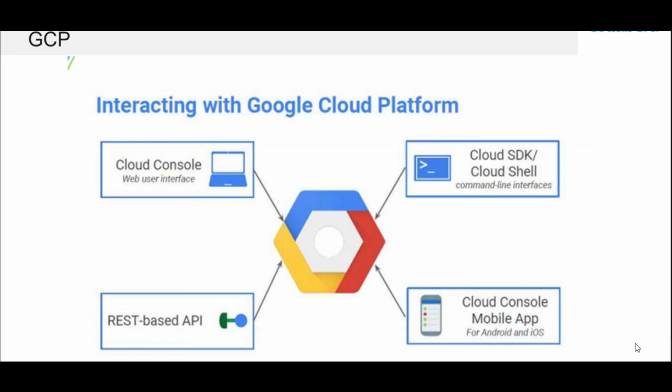Azure is way more complicated. Azure has many more services and hence it is more complicated. GCP has all the essential services that are required, so it is easier. Is it possible to interconnect AWS, Azure and GCP? Yes, it is possible.